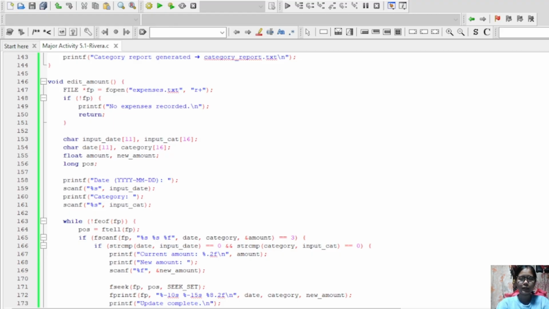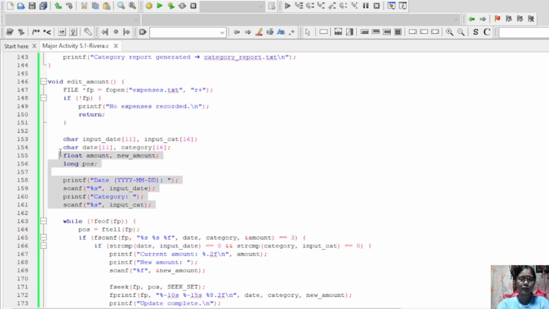This function lets the user change the amount for a specific date and category. I open the file in read and write mode. For this next line, if the file can't be opened, I print an error message and exit.